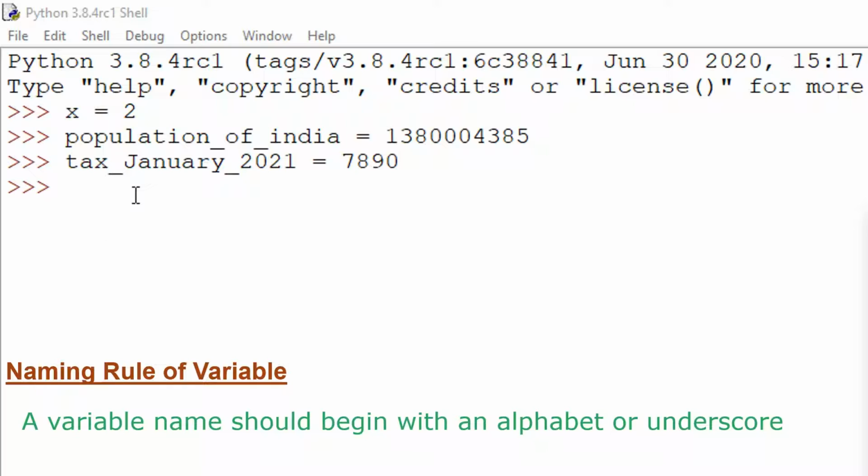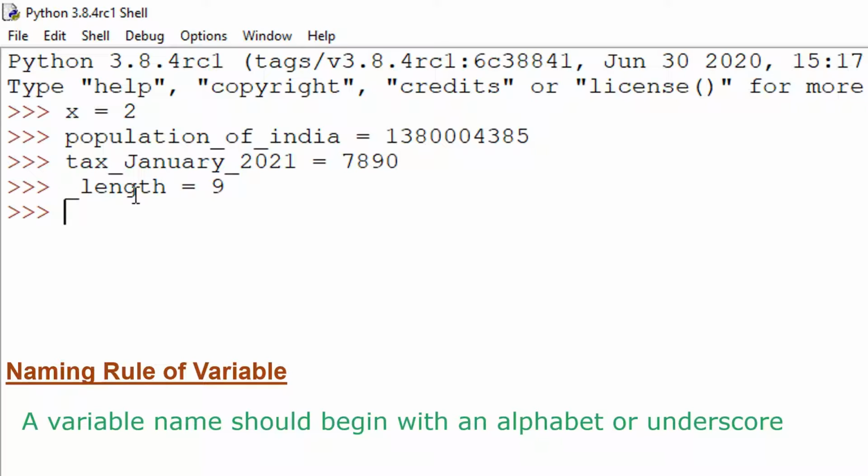So if you give the name of a variable like underscore length, it is correct. Other than underscore or alphabet, no other characters are allowed at the beginning of a variable name.